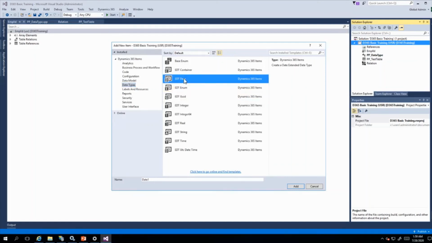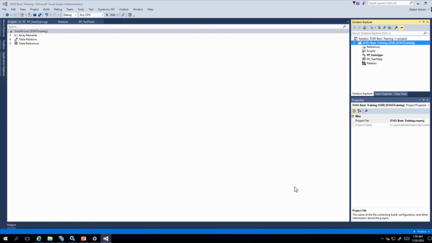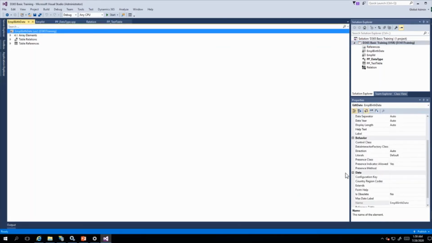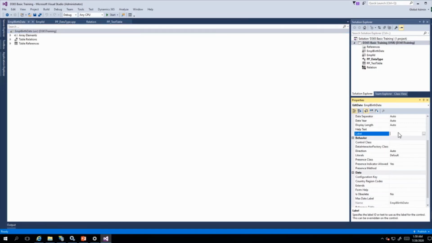So this is the extended data type, a user defined data type based on the date primitive data type, and the name we are giving it is empl birth date. See how easy it is to create.